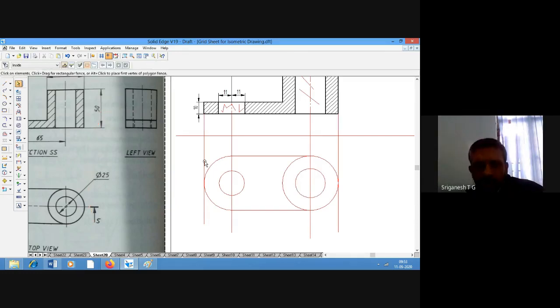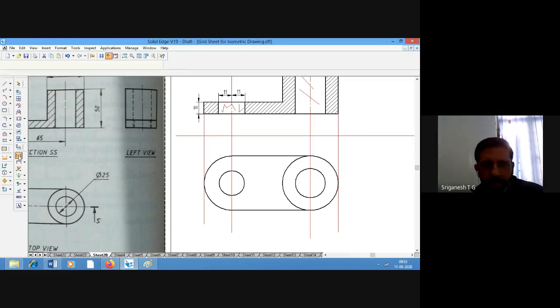So we can make all these things. Is that clear? Now if I go for the dimensioning, I can give the dimensions.